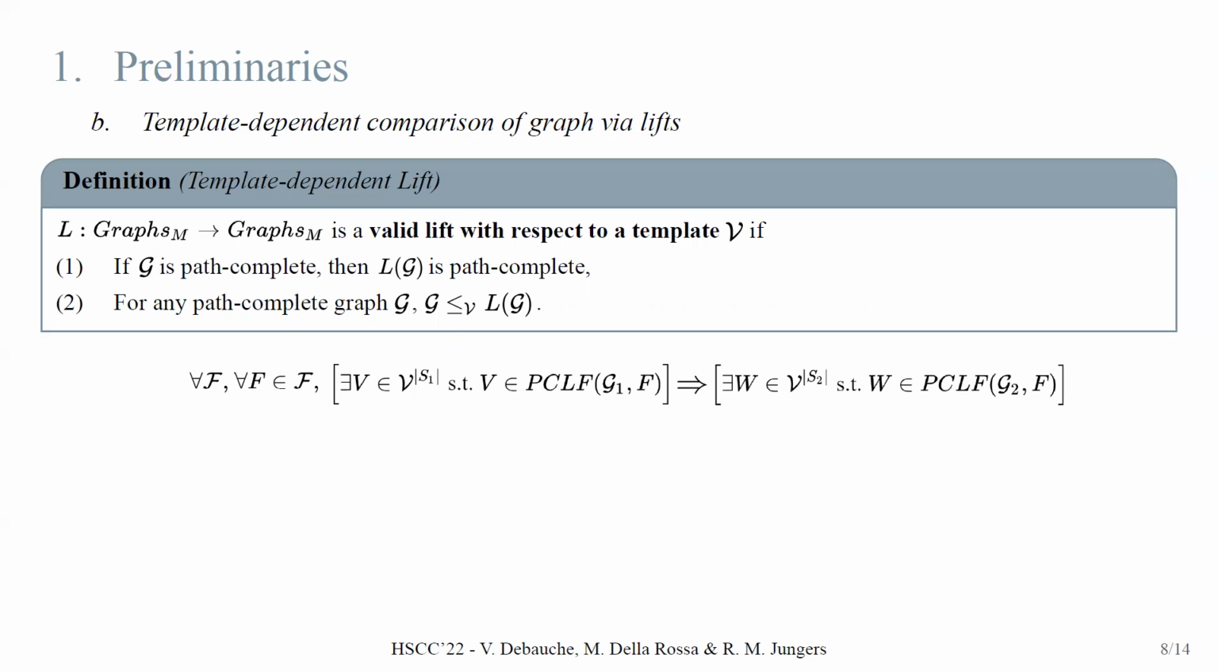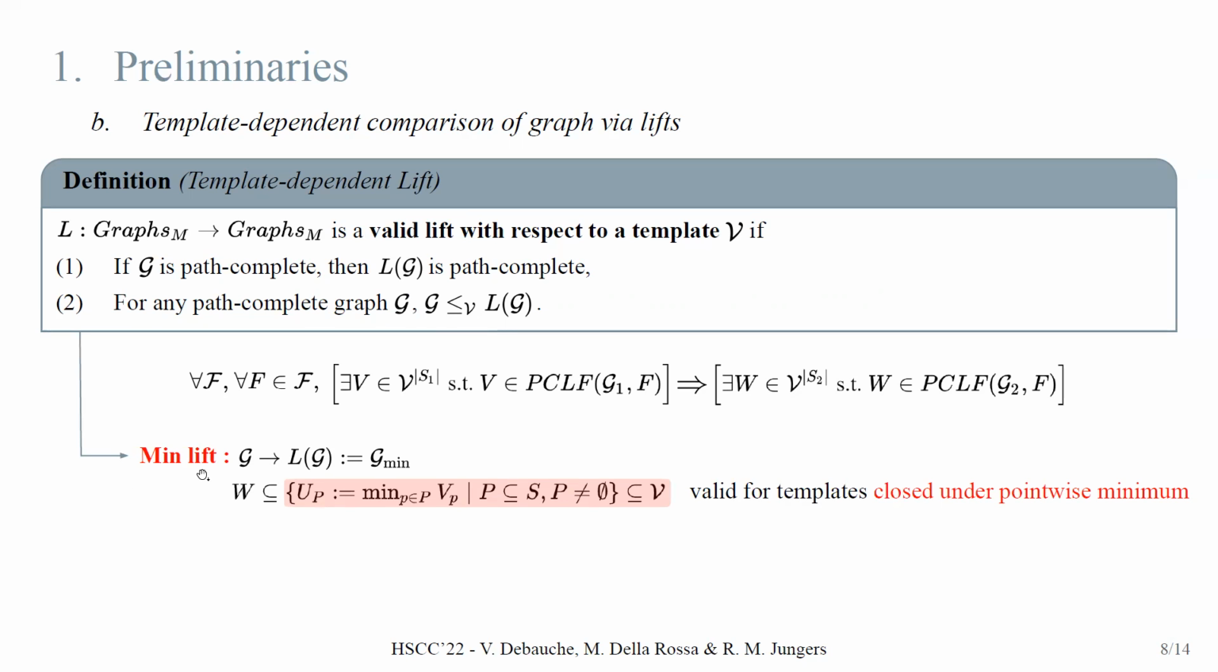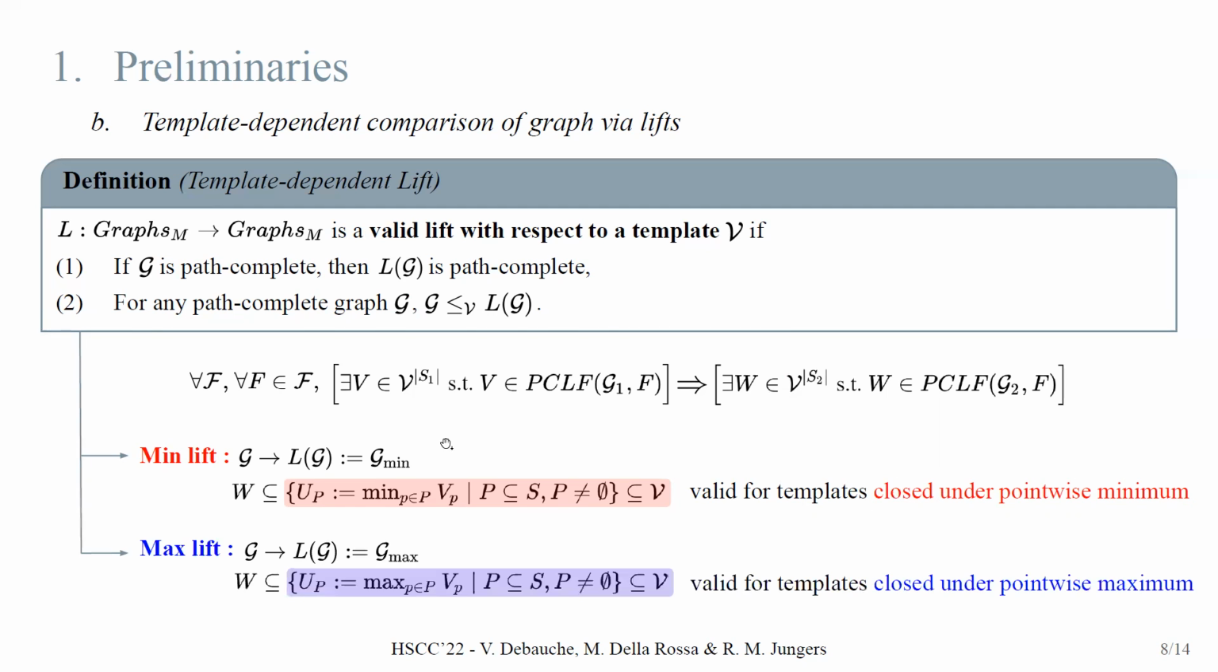So if you have a valid lift, it means that you have a combinatorial tool to provide better and better graphs. But given two path-complete graphs, you can also check whether they could be related by a lift or not. In this presentation, we have especially defined the mean lift, which extracts from an initial graph the decrease property that results between the minimum of some Lyapunov functions. And as its name suggests, this lift is valid with respect to any template closed under pointwise minimum. Similarly, we can consider the dual lift, the max lift, which exploits the pointwise maximum closure properties